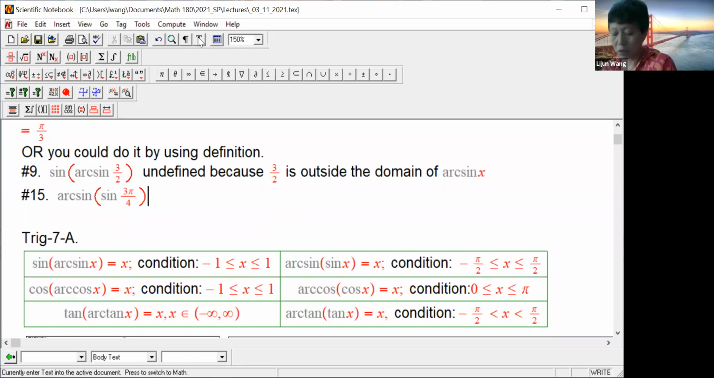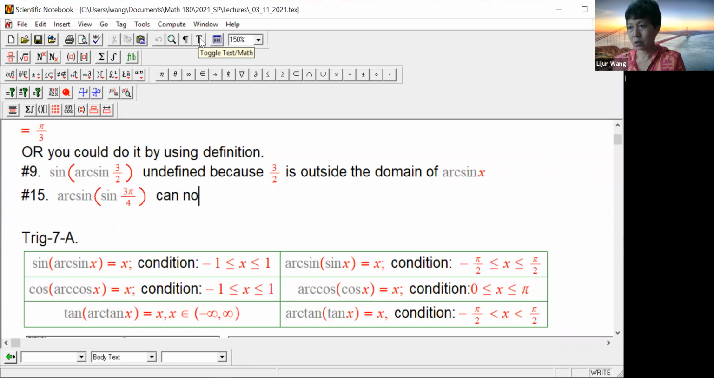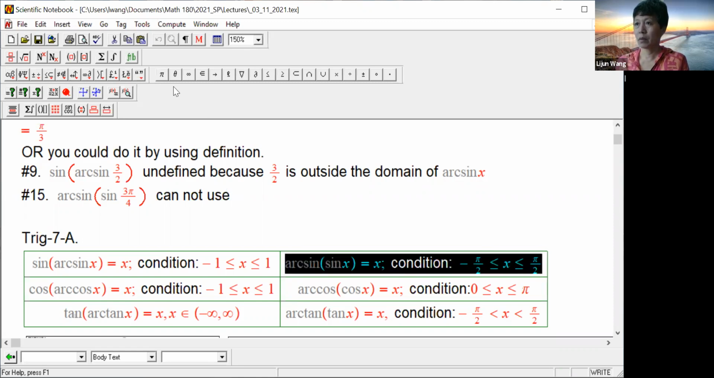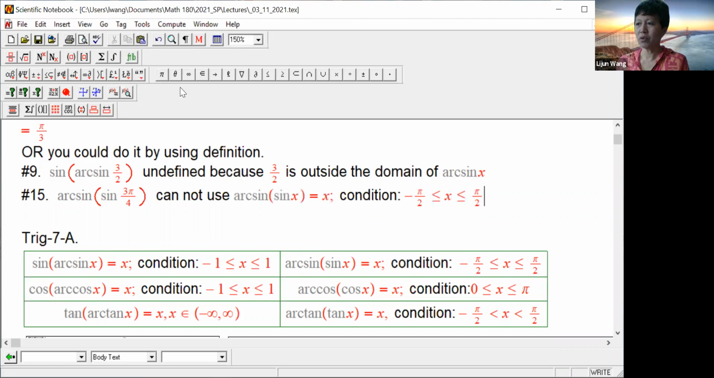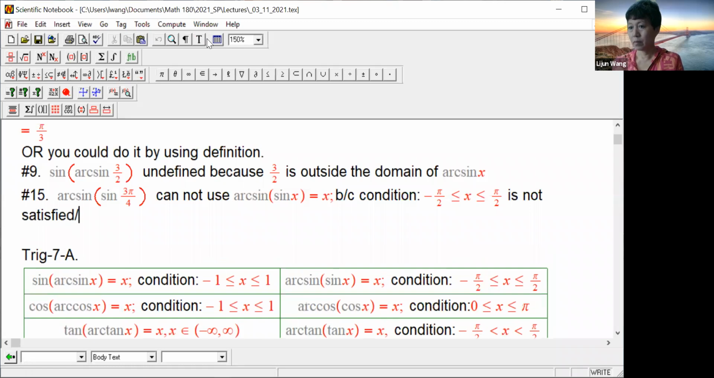Okay, so here I'm going to put a note. Okay, cannot use that, even though not everyone of you would use it. Okay, cannot use this because what? Condition is not satisfied. Okay, since